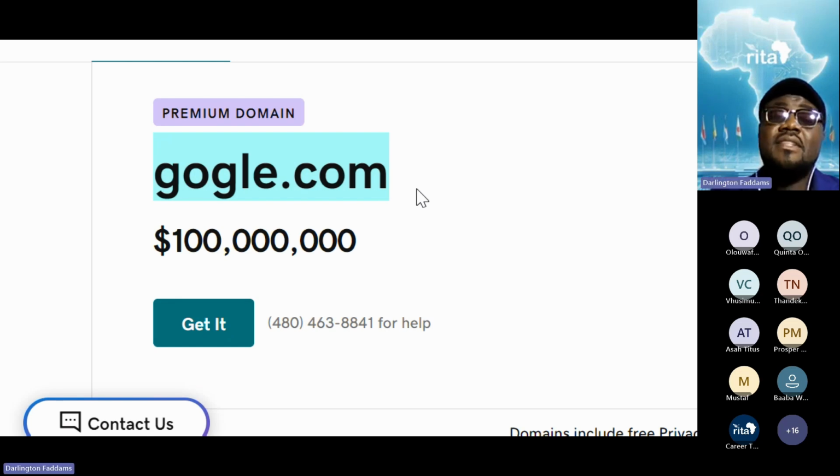And the redemption fee is a lot. If you are supposed to pay $20 to renew, now redemption fee may cost you about $180 or $120. That's a lot. So you may not want to do it, or you may want to do it, depending on how important your name is.